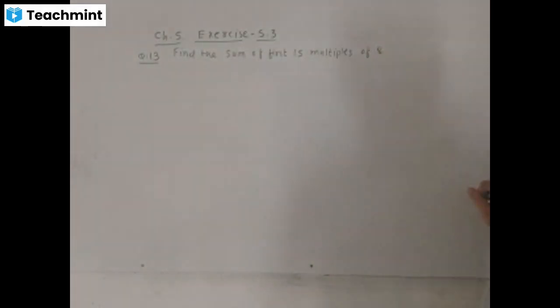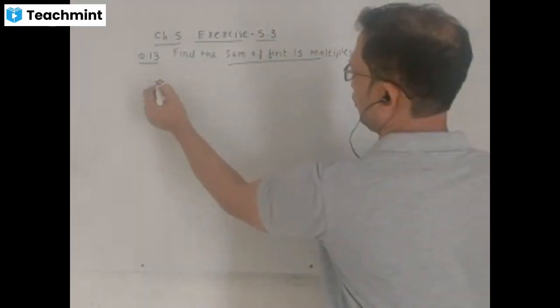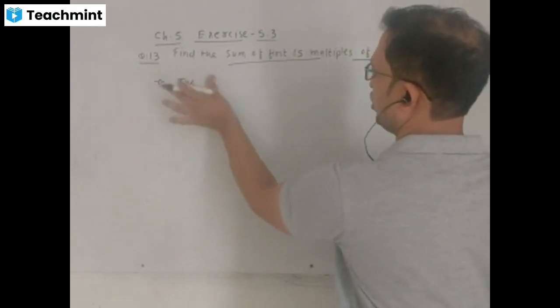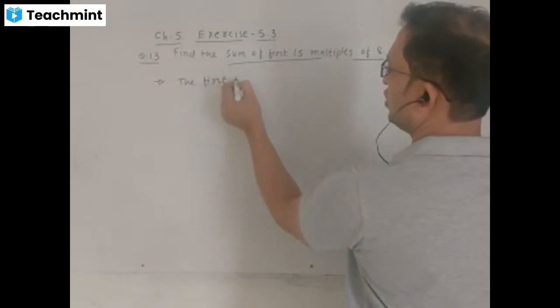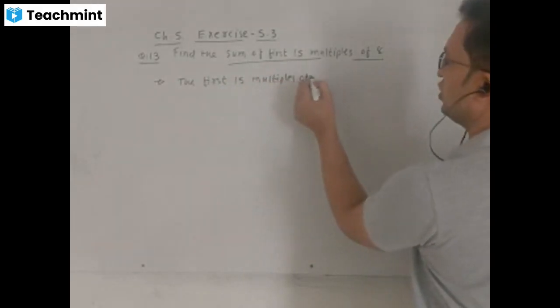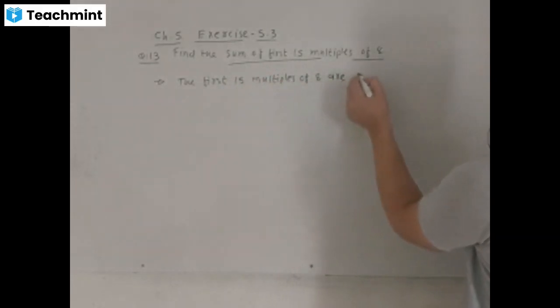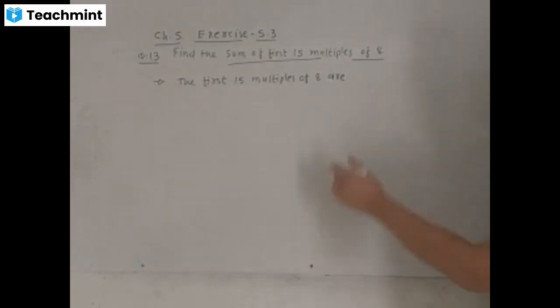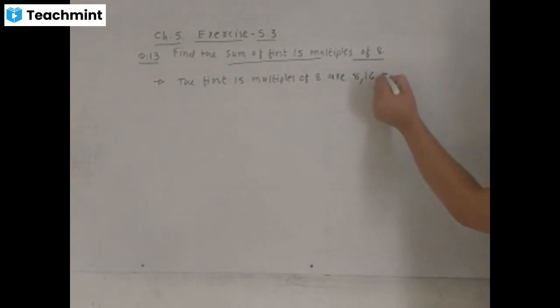Find the sum of first 15 multiples of 8. First we find the multiples of 8. The first 15 multiples of 8 are: starting with 8, 8 times 1 is 8, 8 times 2 is 16, 8 times 3 is 24, up to 15 times 8